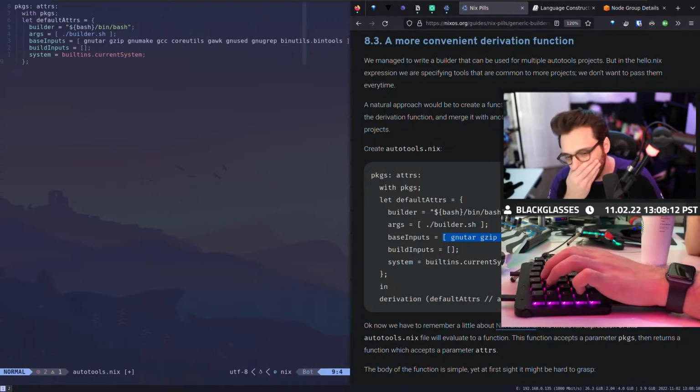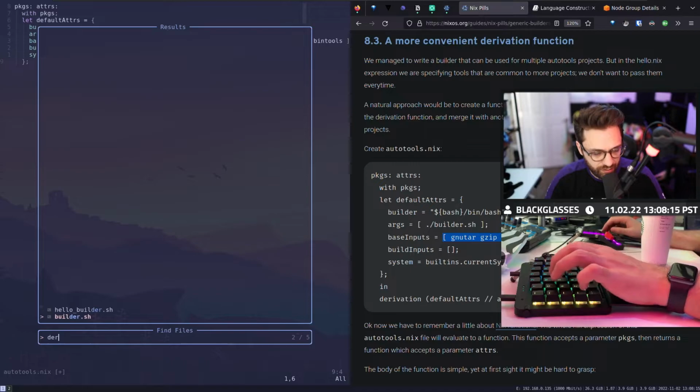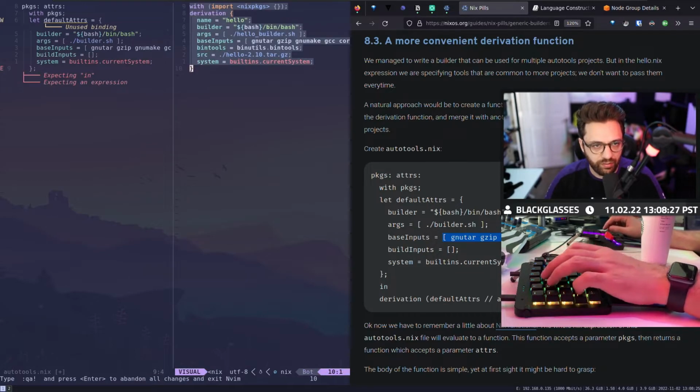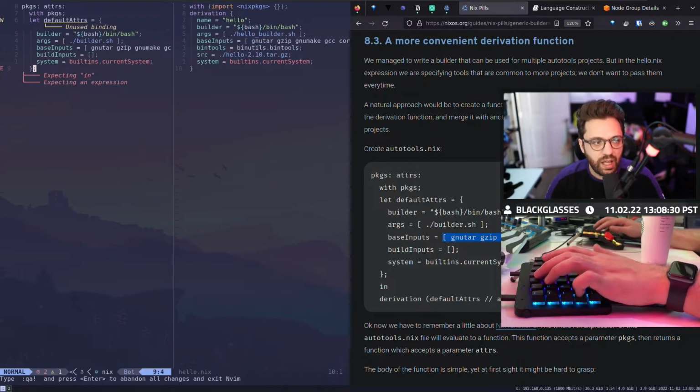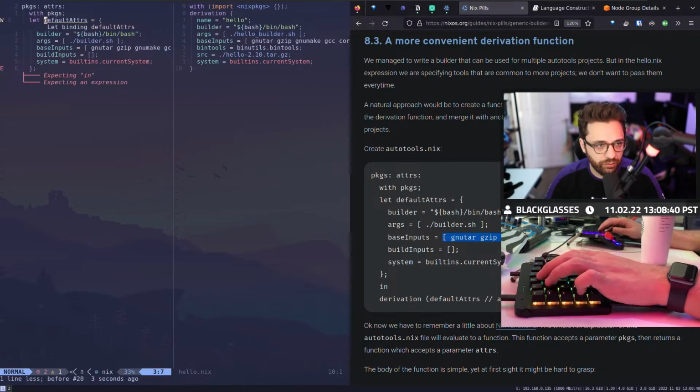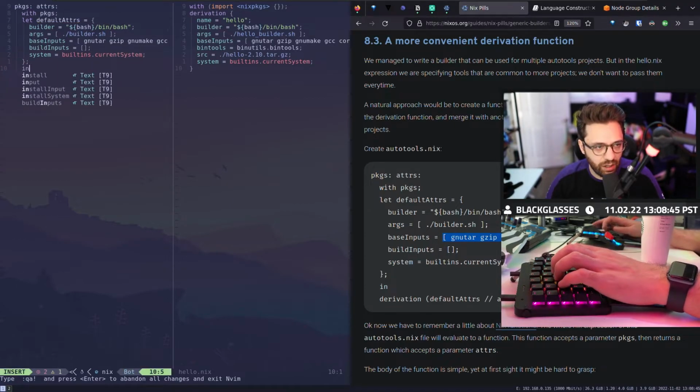Now, before in the hello Nix file, comparing these two, this file on the right, we return a derivation. We actually return the derivation in the configuration. Here, however, what we're technically doing, chat, is creating a function that defines a default value for our attributes, but also allows us to pass in other attributes that we can override if we want to.